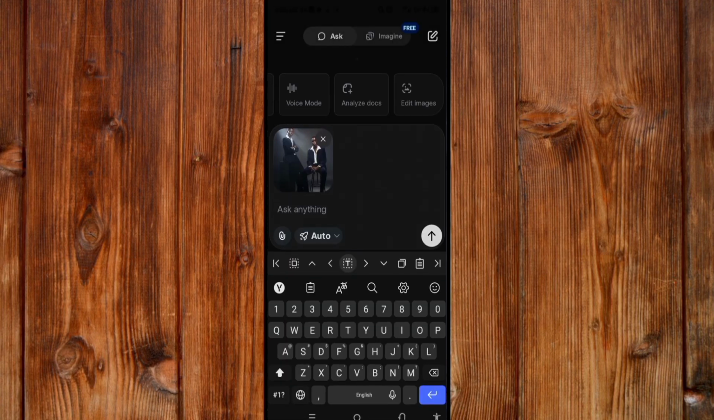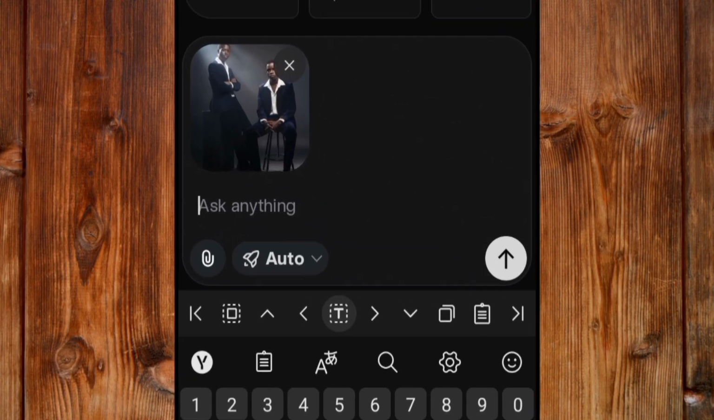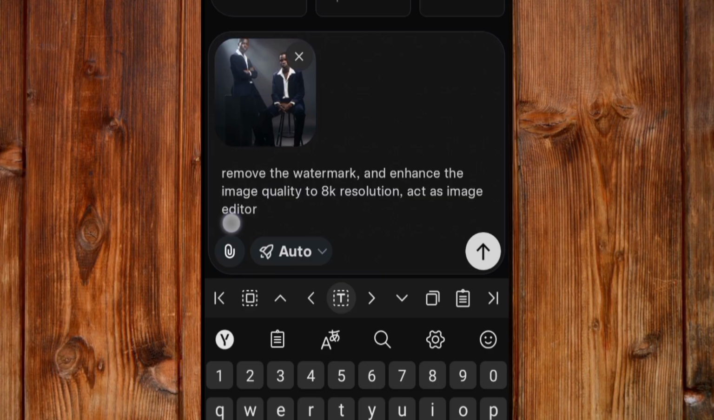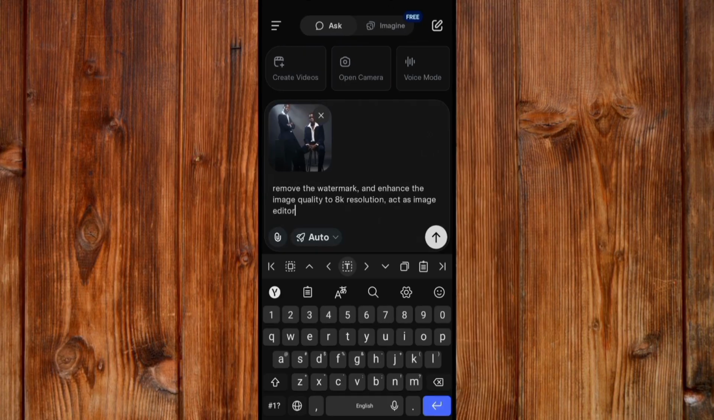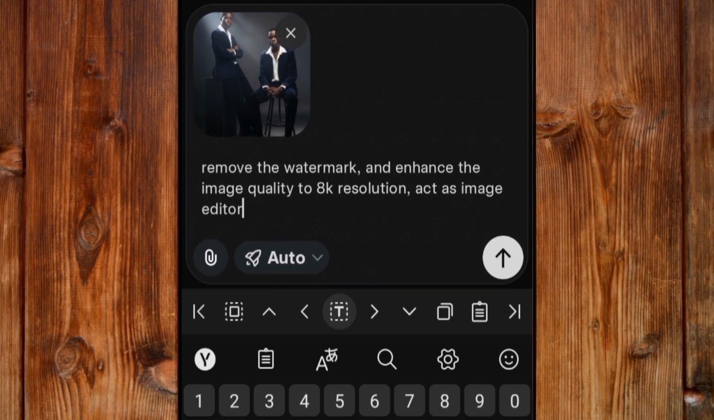Now make sure you describe how you want it edited in order to give you the perfect result. Let me type it. This is what I typed: Remove the watermark and enhance the image quality to 8K resolution. Now here is the cheat prompt: Act as image editor. Now send it by clicking this up arrow icon here,